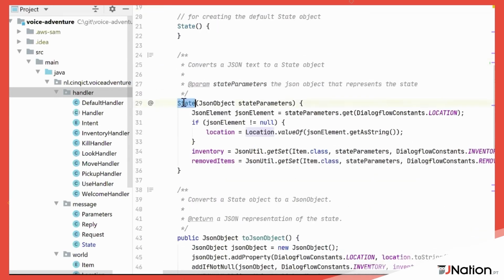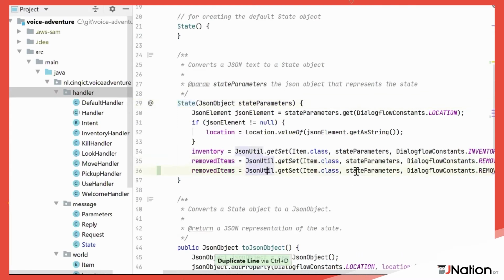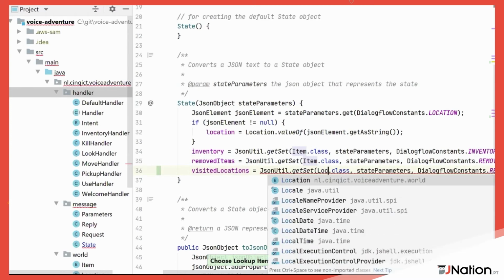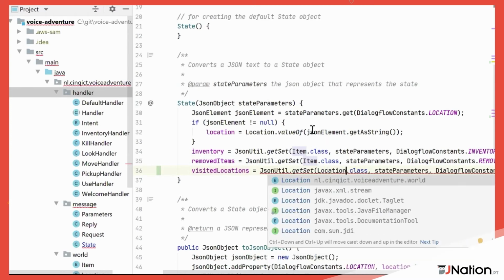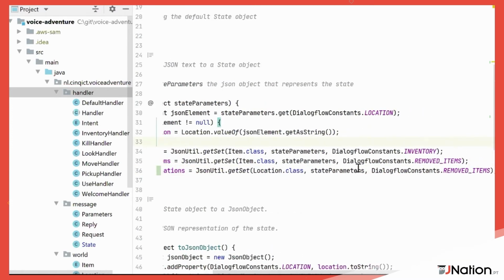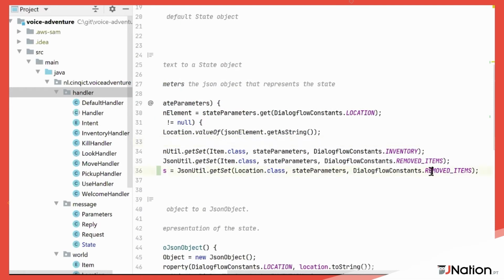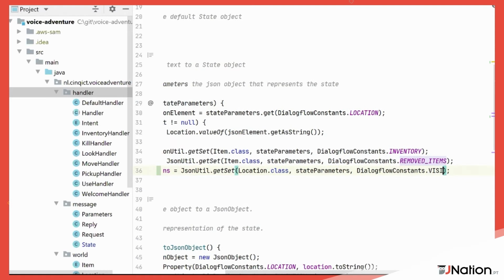Okay, whenever a request comes in, we have to create a new state. So here is the constructor of state. So we have to fill the visited locations variable. I'm just going to copy a line, just the last one. We want to fill something called visited locations. We will not put items in there. We put locations in there. And finally, we need to know how it is called in the JSON. What is the key in the JSON? So let's call it visited